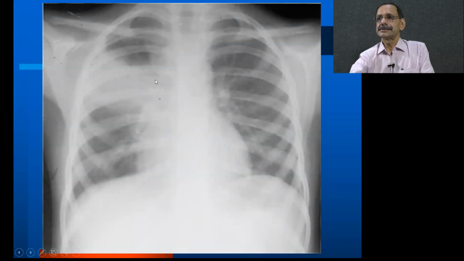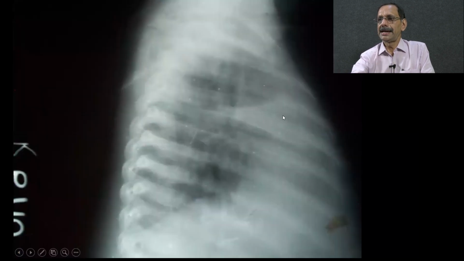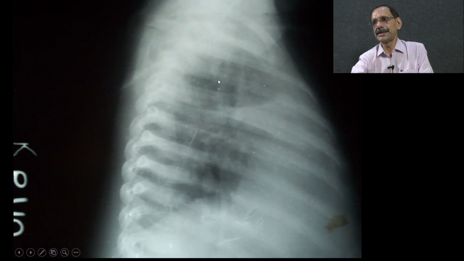Now this is consolidation involving the upper lobe, but the apical area is spared. The upper lobe has an apical, anterior and posterior segment. This can be either anterior or posterior, but it is more likely to be anterior, because when it is in touch with the heart, it appears to merge with that shadow. So it is the silhouette sign, so it is more likely to be anterior. If we consider that this is the lateral view, then this is the anterior. If it were posterior, we would have seen the shadow here.